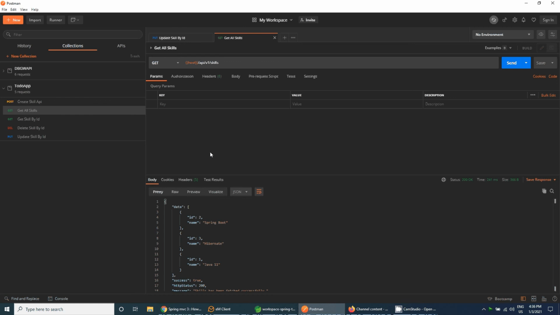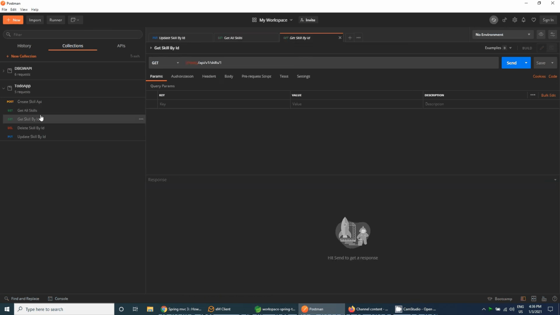So for that, let's check with get skill by ID. So instead of ID 1, I am giving the ID 4, which does not exist inside the database. So let's see what response we receive.